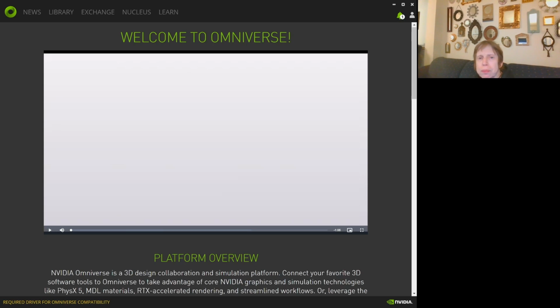Okay, so I had mentioned, and I think it was in my newsletter, that Nvidia was advertising this thing called their Omniverse. So I guess this is their foray into 3D design collaboration. It's very interesting. And of course, if you are working with tools like Houdini and Cinema 4D,